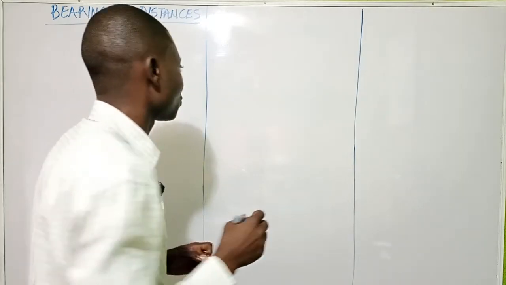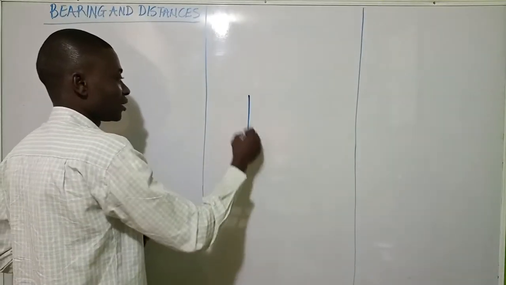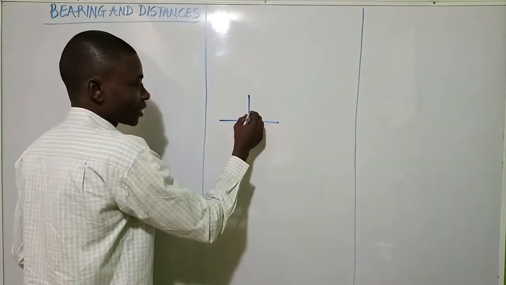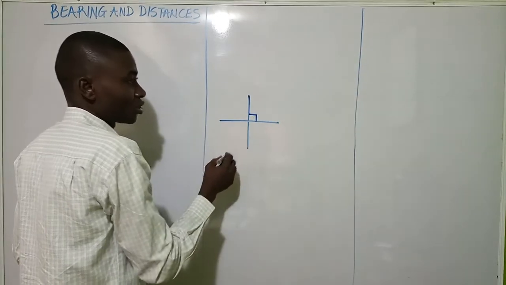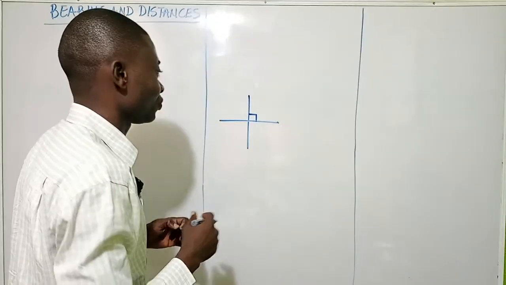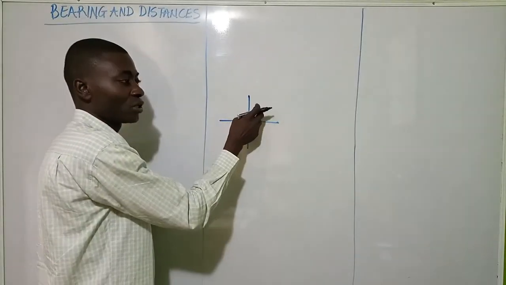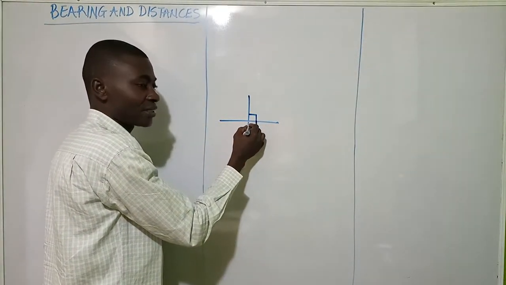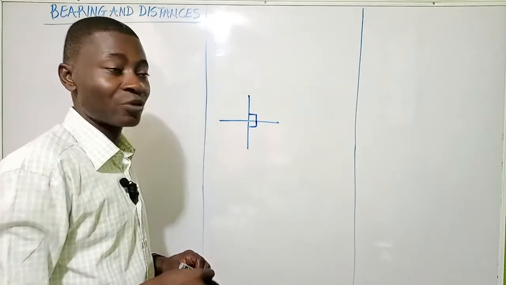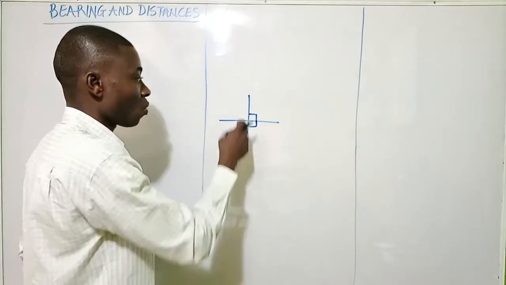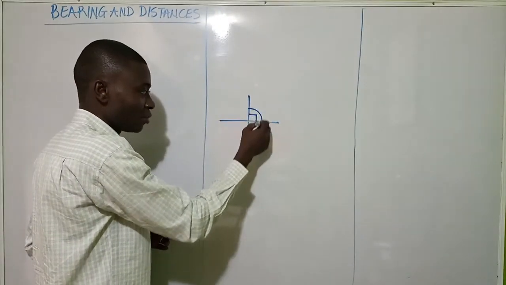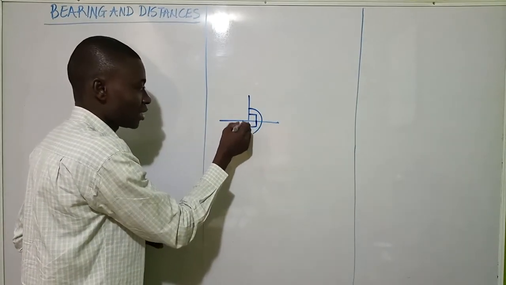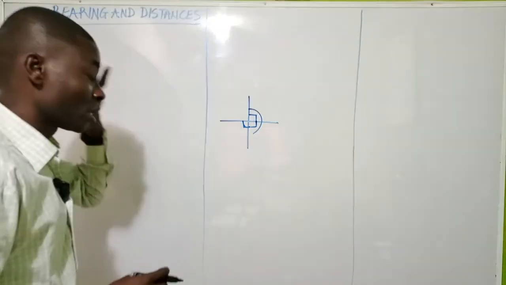First thing for us, we need to know our quadrants. We have the 4 quadrants like this. The first part you're seeing here is 90. So if there is any bearing between 0 and 90, it's going to fall in this very quadrant. Then from there we have 180. So anything between 90 and 180 is going to fall in between this part. Now from here to this point here, that is another 90 again, giving us